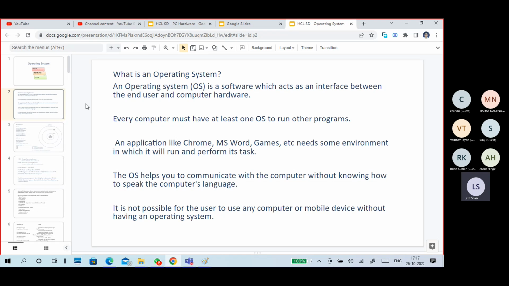Assembly is also not purely low level, but it is not very high level either. But still it is a low level language, meaning it's a binary system. The computer understands low level language, we understand high level language. So how to work with the computer if you don't know the low level language? That is because of the operating system.